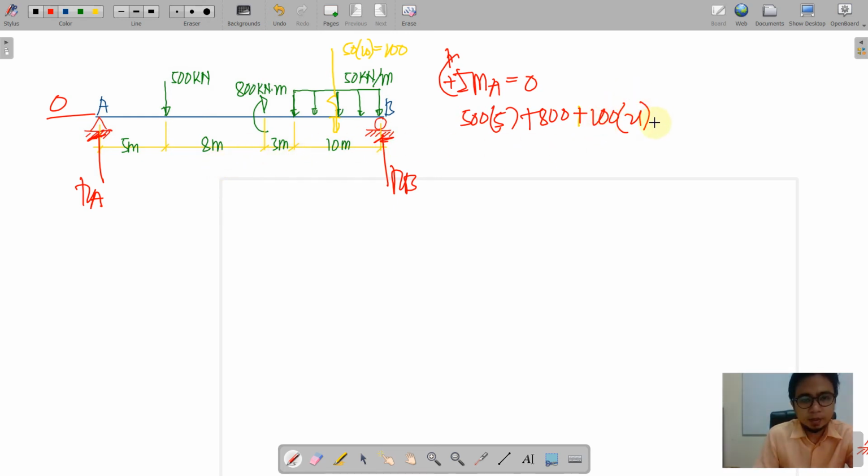Okay. Plus 13 plus 8, 21 plus 5, 26. 26 RB is equal to 0. Okay. So RB is equal to 207.69